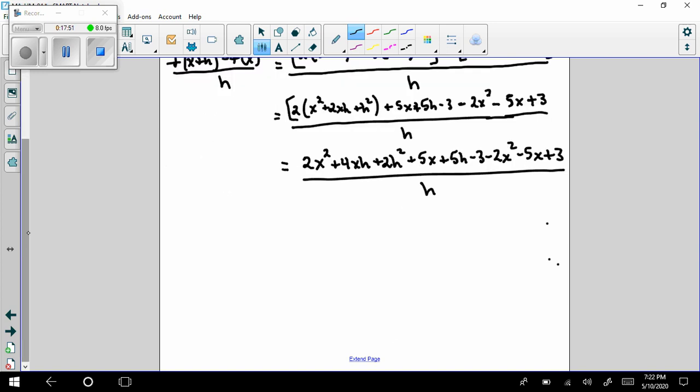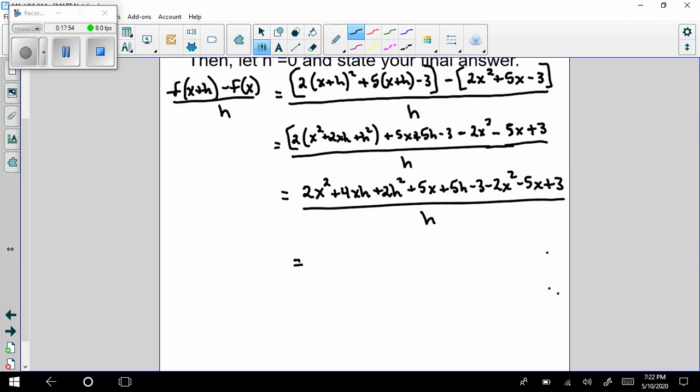Okay, so I would have found that error eventually because on this step, all of your terms should cancel out except for the terms that have an h in them. So my 5x's cancel, my positive 3 and my negative 3 cancel. So I'm left with 4xh plus 2h squared plus 5h, all over h. If I factor an h out of the top,